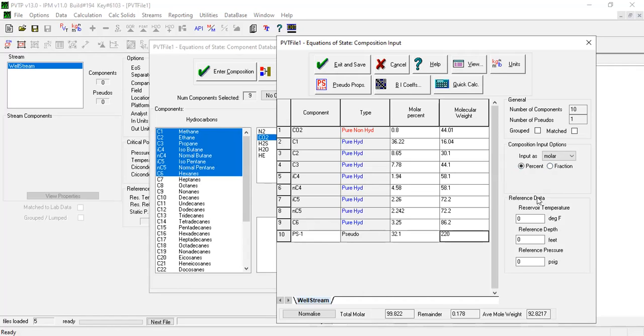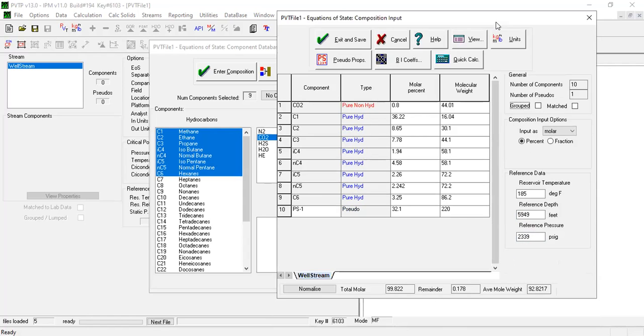Okay. And then here the reference data, reservoir temperature is 185 degrees Fahrenheit. Okay. And then the reference depth 5949, and the reservoir pressure or reference pressure is 2339. Okay, and then